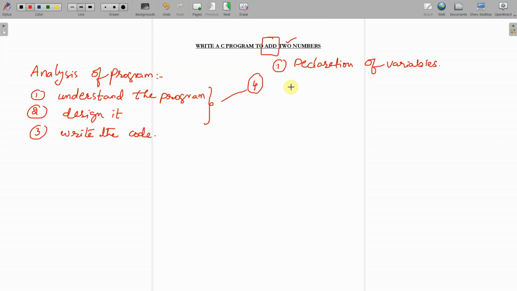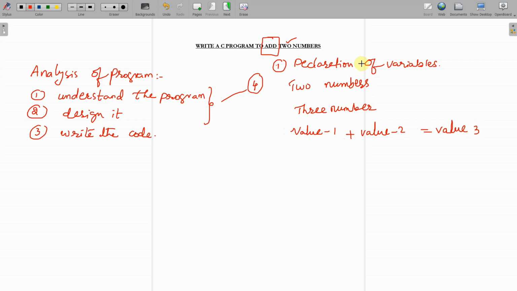I require two numbers, right? And after adding I will be getting a third number. That means we will be taking value number 1 and value number 2, and after adding these two values we will be getting a new value.